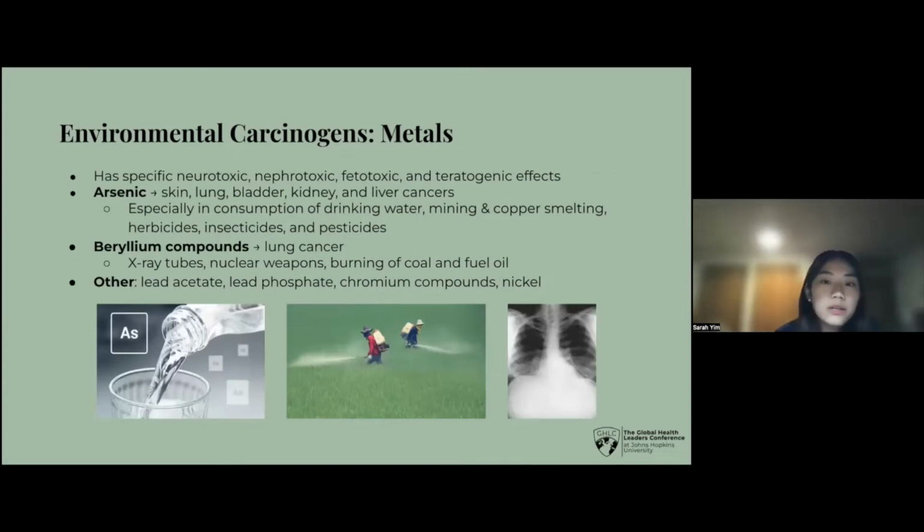Then we have metals. There are a lot of different types of metals that have the potential to be carcinogenic, nephrotoxic, phytotoxic, and teratogenic in people. One metal is arsenic, which is especially found in drinking water, mining and copper smelting, herbicides, insecticides, and pesticides, and it can be responsible for a variety of cancers like skin, lung, bladder, kidney, and liver cancers. Then we have beryllium compounds, which are responsible for many cases of lung cancer,